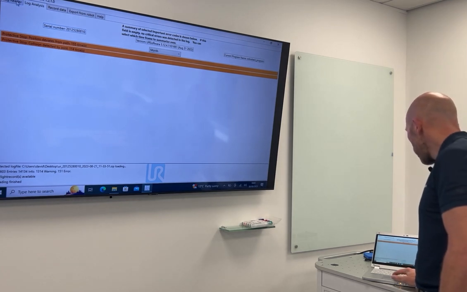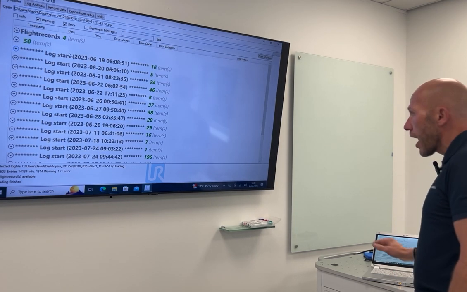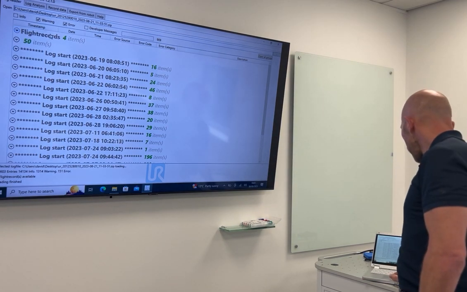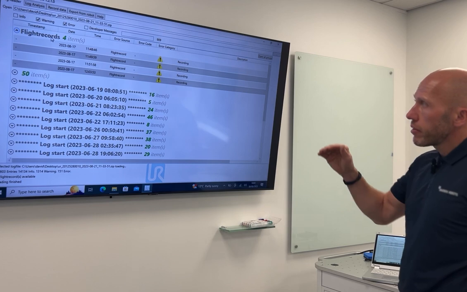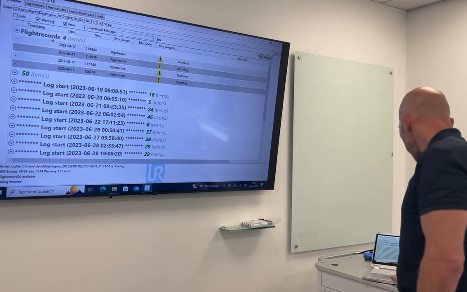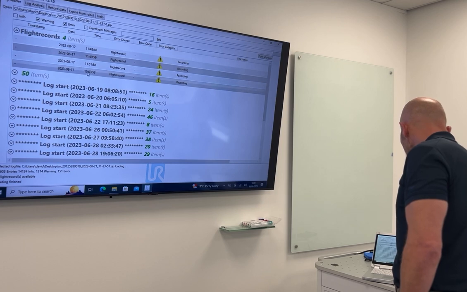So then I can go to log reader, and now I can see the log data. The first thing I'll do is just look at the flight reports, and these are the last faults that were happening with the robot. So if I go to the latest one,